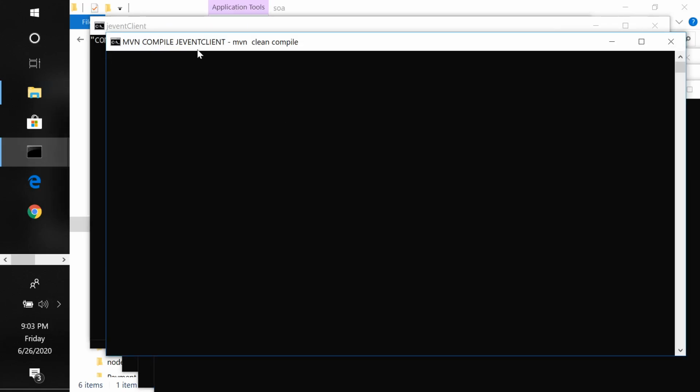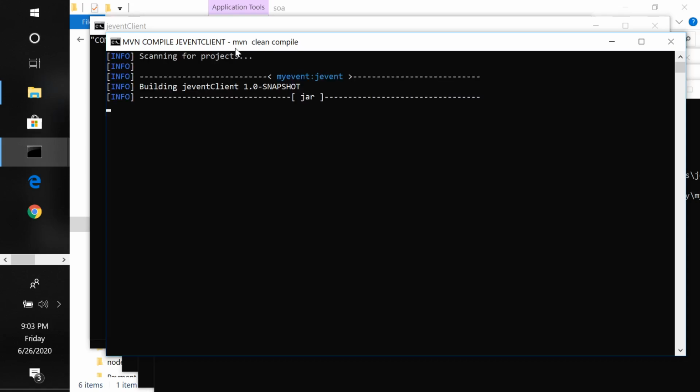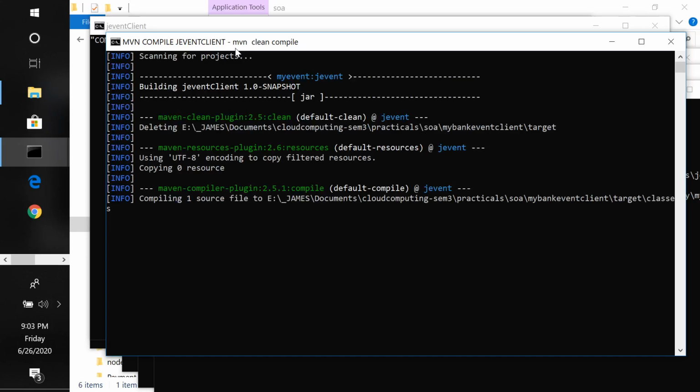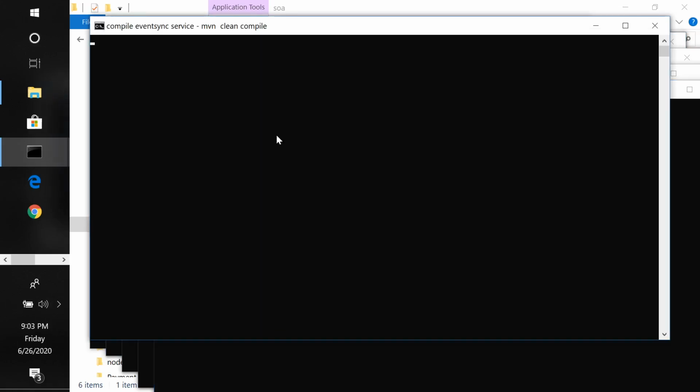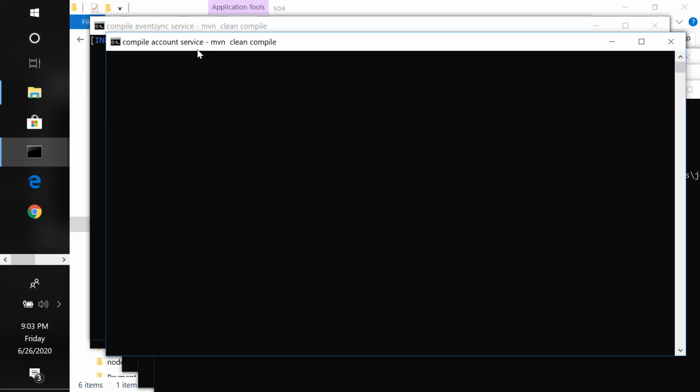Now it is starting J event client. It is compiling, creating jar and storing it in the Maven repository. Now this is installing it in the Maven. Now it is compiling my services. It is compiling event sync REST service. Now it is compiling account service.